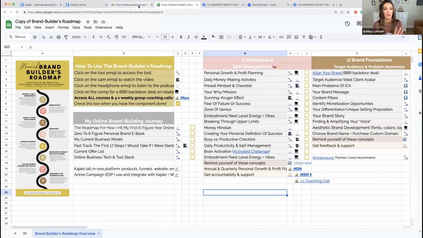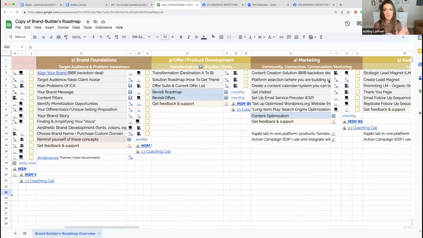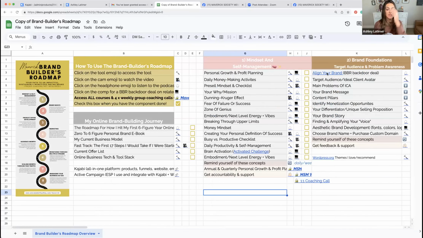So not going to go through the whole roadmap, but just know this is what I would love for you to work through sequentially, taking what would work for you and ignoring what will not. Not every single thing is going to be applicable to you, but this is how I've created my business. It's everything. I can't tell you how long this took me to put together. And some of it, when you get to it, you're like, oh, I don't want to create a membership. So you're going to ignore certain parts of it, but it's all there for you.